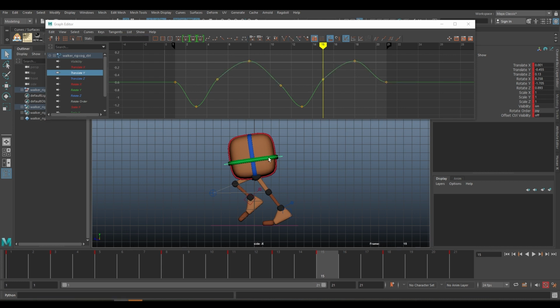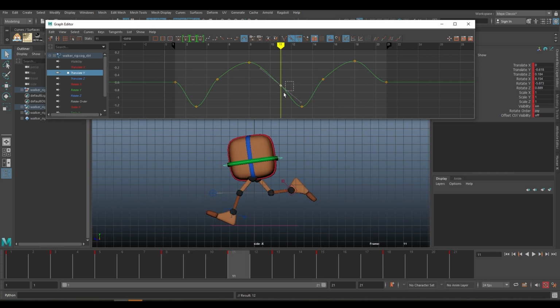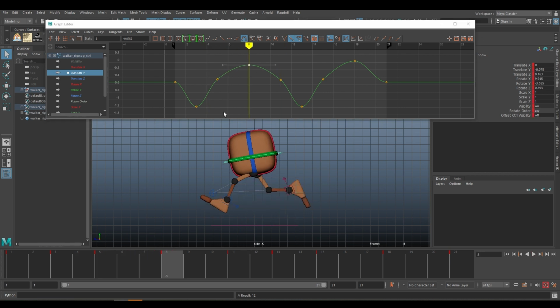I can just adjust this graph going up, while going down, just hang for a while. So overall, if you feel the character is going too much up, we can adjust the graph here,